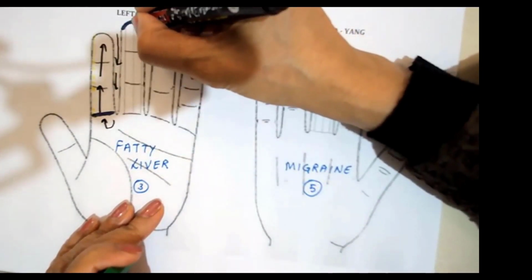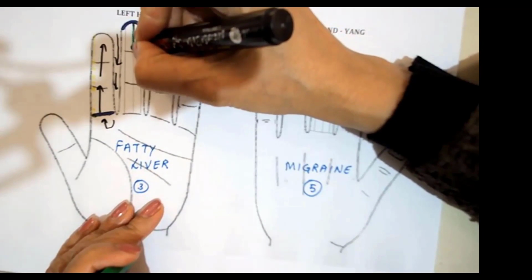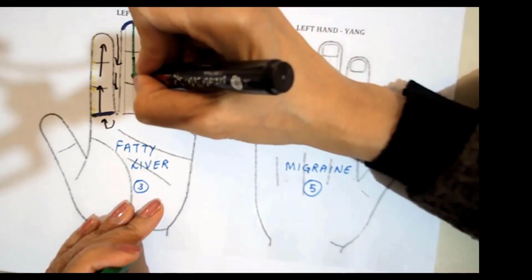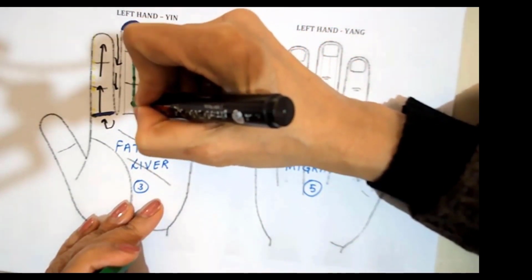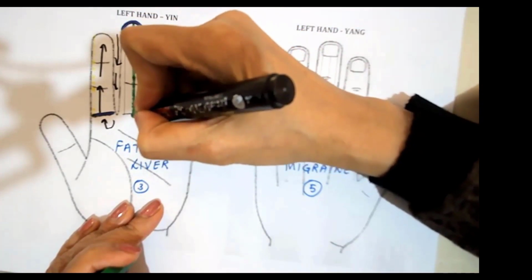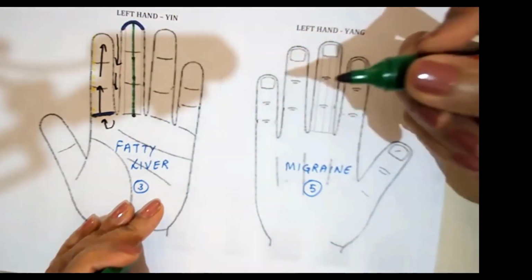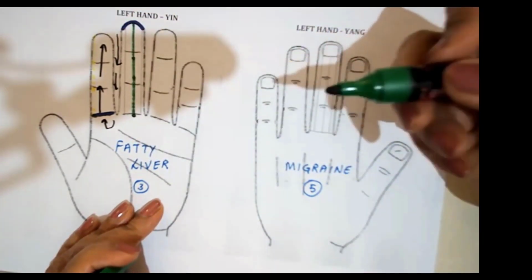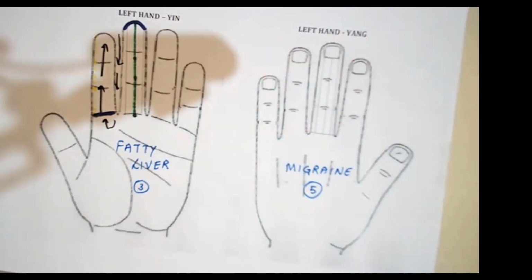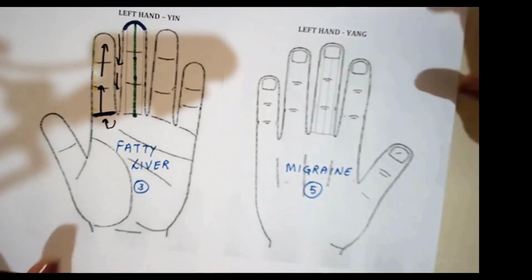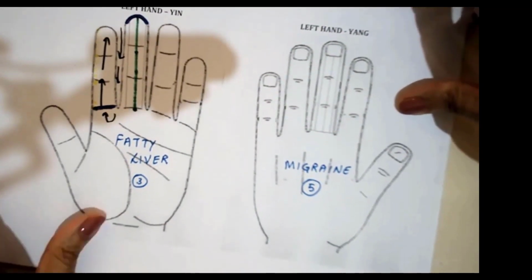So we will start from the energy gate and draw a line on the liver meridian with the green color, which is the color of the liver meridian according to the axis law, with the consciousness that we are increasing the flow of energy in the liver meridian for fatty liver symptoms. Okay. Next example that I will take is